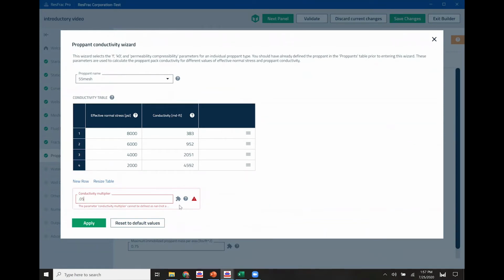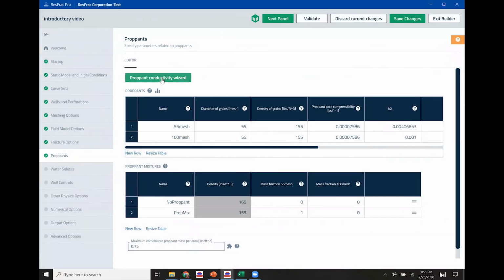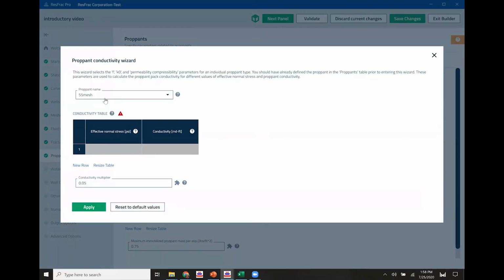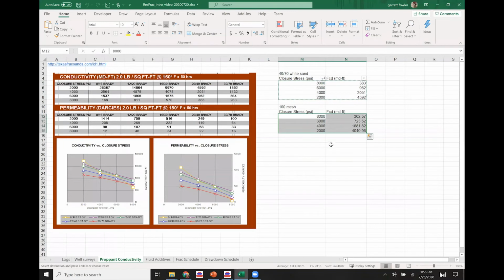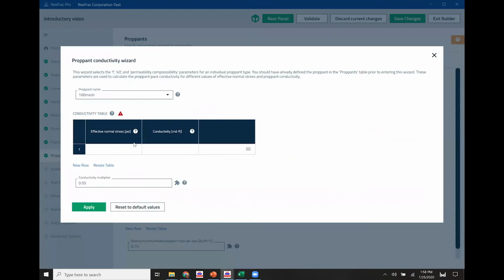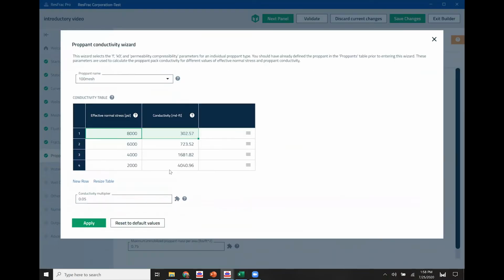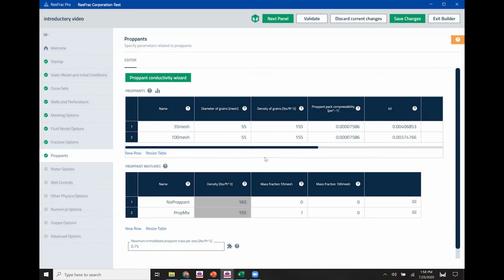And then a damage factor or multiplier, I'll choose 0.05. Now I will do the same for my 100 mesh. So I'll select 100 mesh from the table, again, come to where I have my values populated, paste those back into the wizard. I'll use that same conductivity multiplier and press apply.